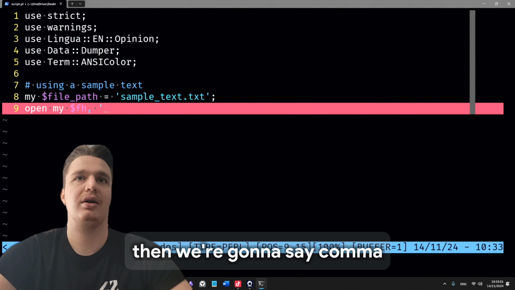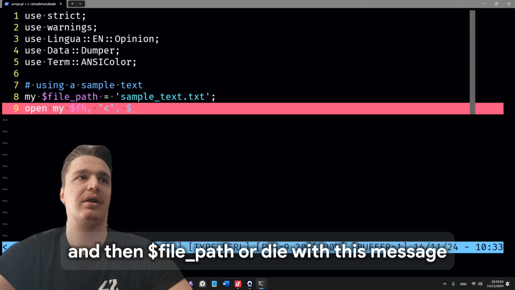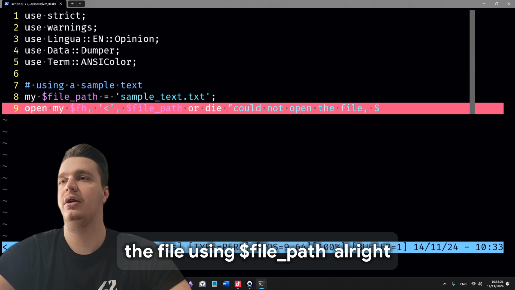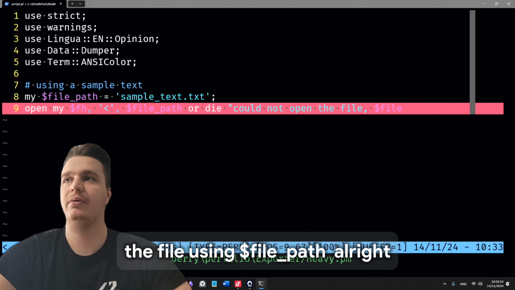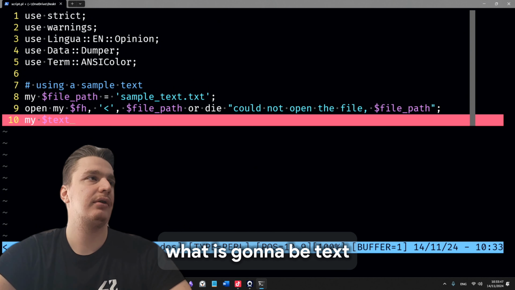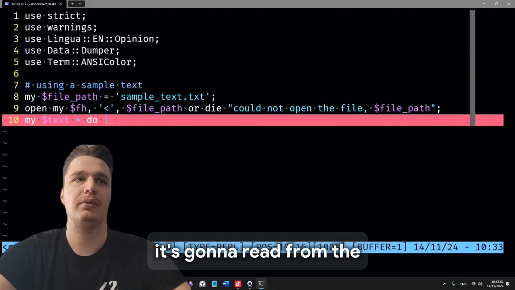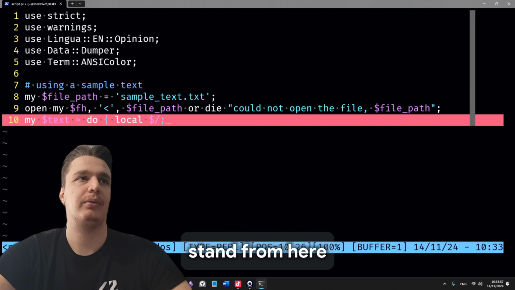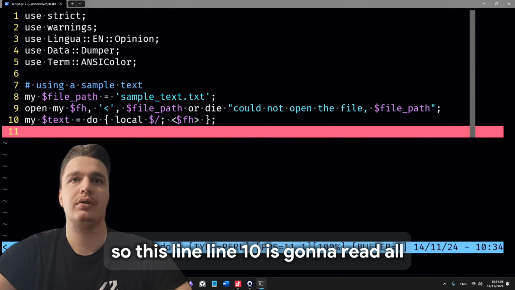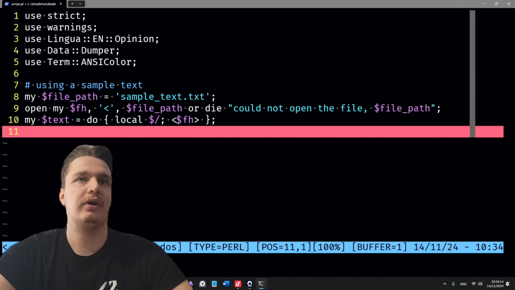Then we're gonna open this file using this file handle variable, $fh, with this syntax and the file path, or die with this message: could not open the file using file path. Alright, and then we're gonna create another variable. It's gonna be text. It's gonna read from the file handle all at once, so this line 10 is gonna read the whole text file we have, and then we can close